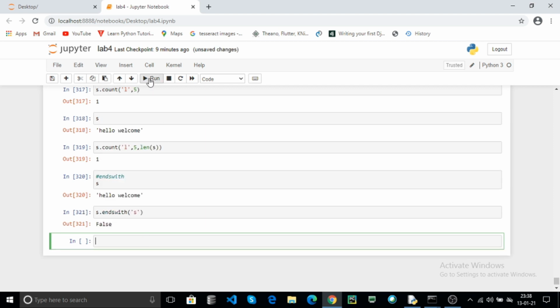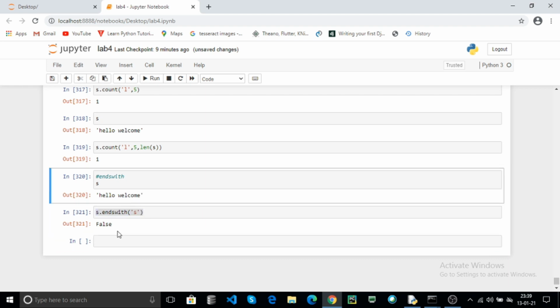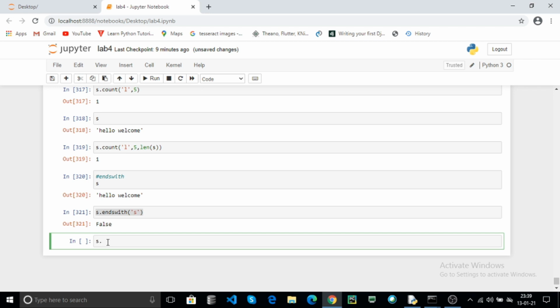Click on run. Here false, because your string ends with E. You can also check endswith E, it returns true.